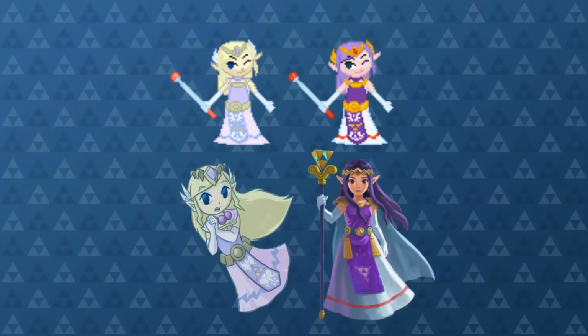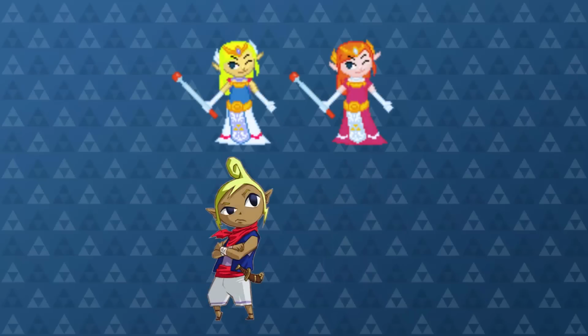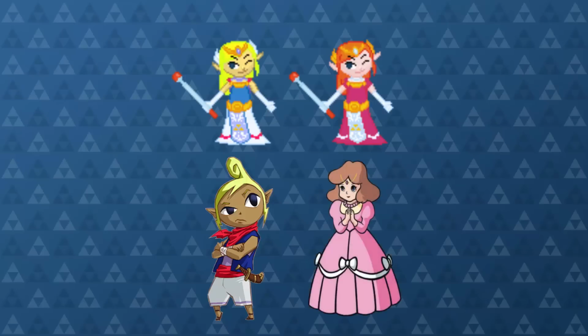Her seventh colour will be the most varied, being based on Tetra from the Wind Waker saga of games. This means a blue top, white dress with bits of red, and a more tan skin colour. Finally, her last costume will mimic the classic Zelda from the first game, similar to how Toon Link's mimics the